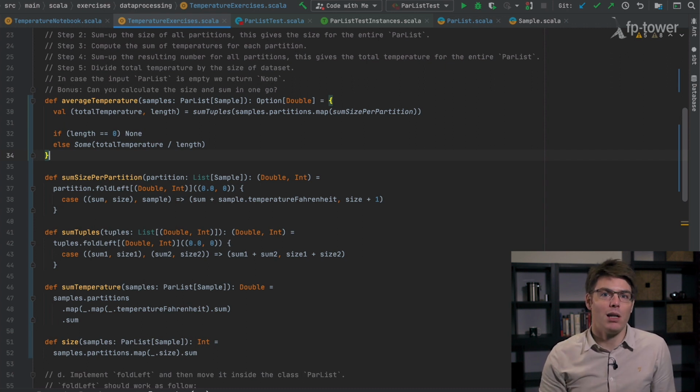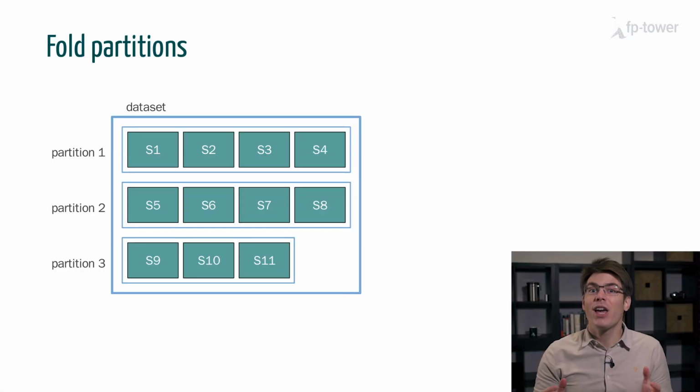But most importantly, if we manage to make this new method run in parallel, we'll get a parallel version of mean and average, essentially for free. We don't know if it is possible, but if it does work, it will save us lots of time and effort. Okay, let's visualize how it is going to work.